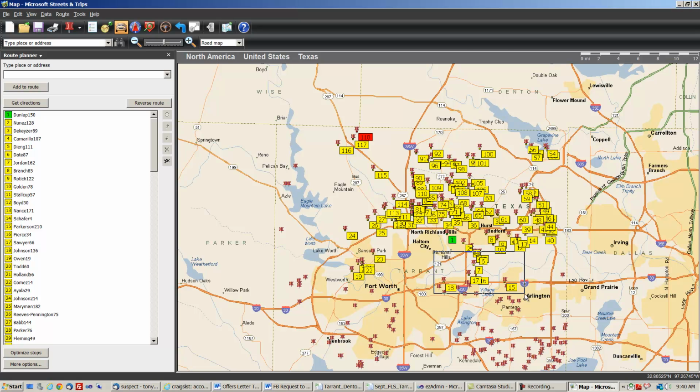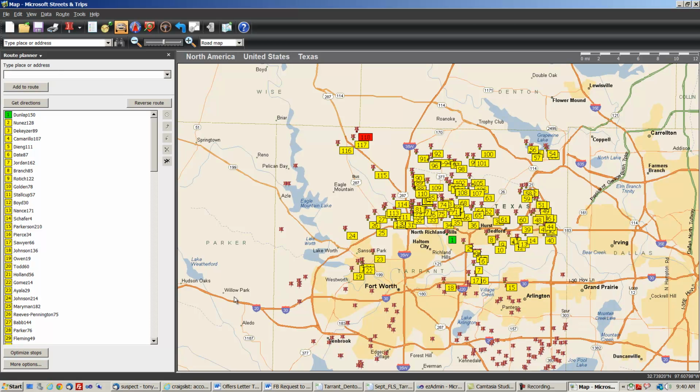You could go down here and get rid of these, and get rid of these, and not go here on this day. You just have to remember that on day 2 you do want to pick that up, because on day 2 you're going to deliver south. So we're trying to find a good stopping point